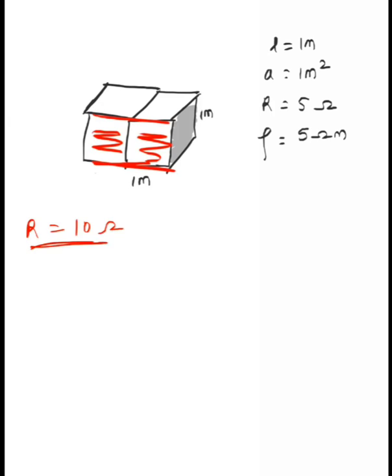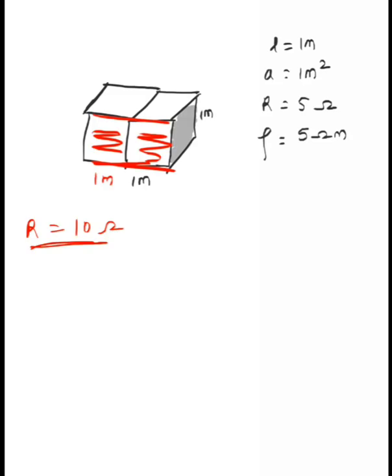But what happened to the length? The length is now 2 meter. So again, you divide 10 by 2. What will be your answer? Again 5 only, because it is per unit length, not per 2 meter, but per 1 meter length. Naman, are you convinced now? Yes, sir. Again it comes to 5 ohm meter, the resistivity. So specific resistance will be the same because it is for 1 meter and 1 meter squared.